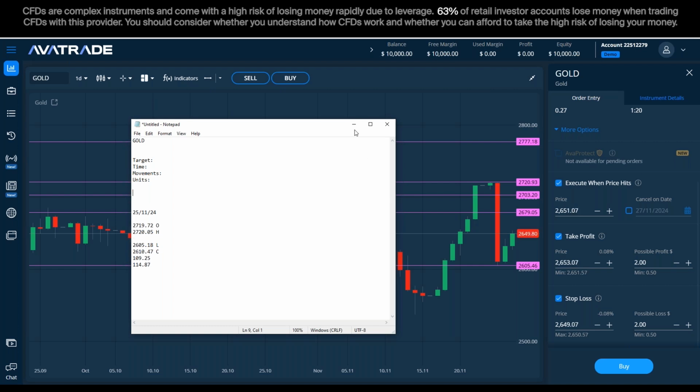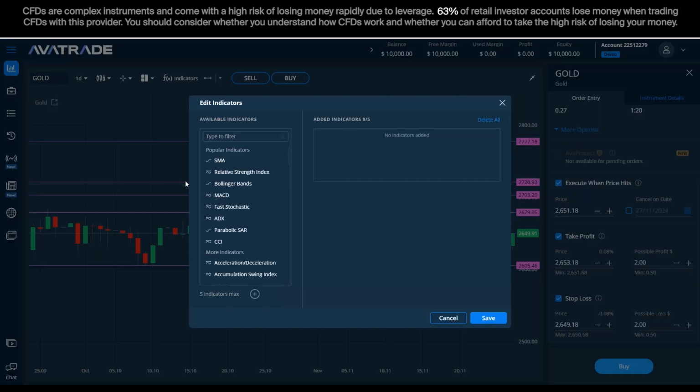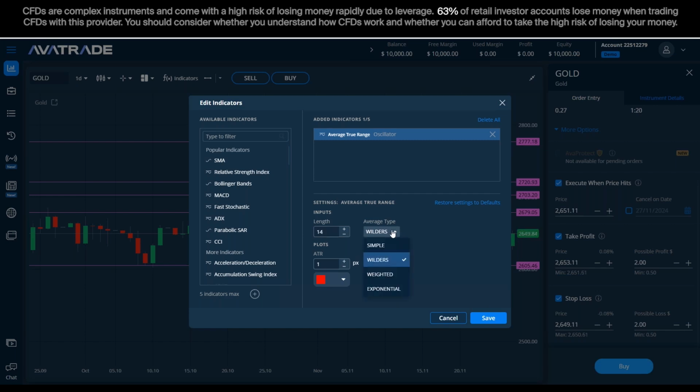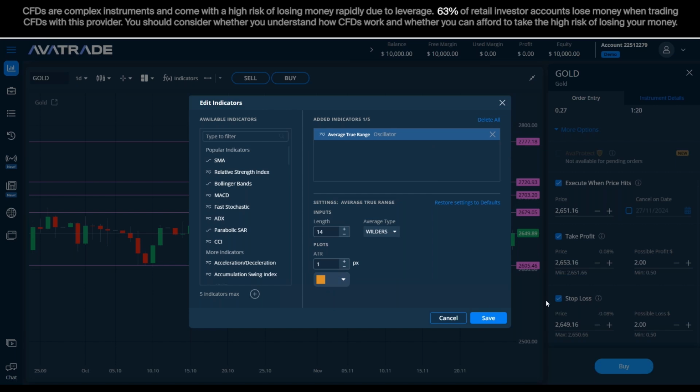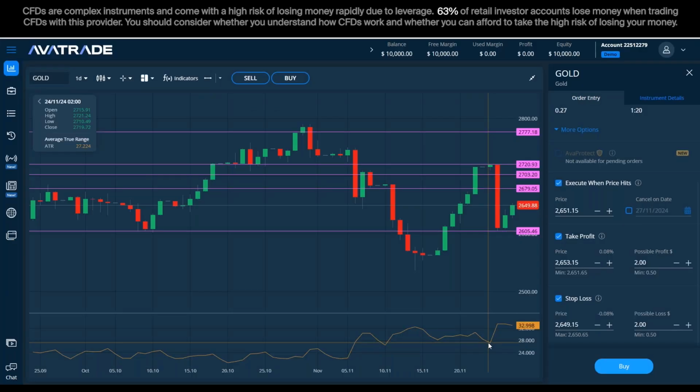What we can do instead is go here to indicators, click on indicators, and in here look for ATR, average true range, click and drag it to the right. Then I can mark here as many candles as I want, even 20. Okay, I might not want to go this far, maybe I'll keep it at 15 for the sake of the example. And we have here Wilder, simple, weighted or exponential, and in here we can have maybe 1px, 2px. At the moment we'll settle with 1, then go here, change it to a bolder color for me to see on the chart, then click save.